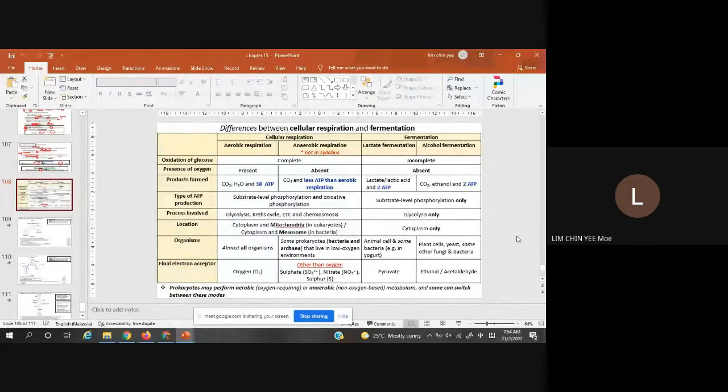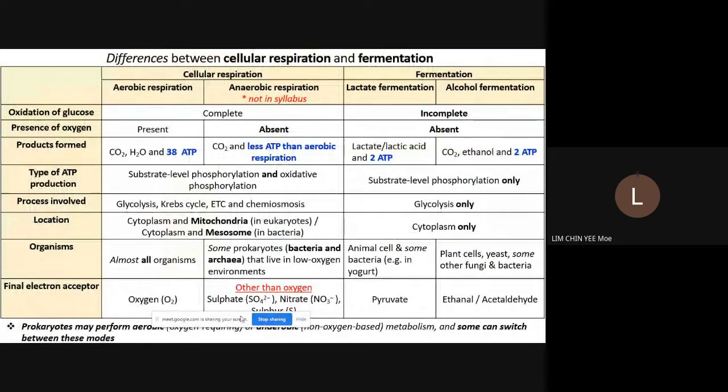Okay. And now let's look at this one, the one that I showed you yesterday. So I made some corrections on this slide. And anaerobic respiration is not in the syllabus. We just want you to see the differences between anaerobic and fermentation. That's all. You can ignore this, to be honest, but then just to let you see the three